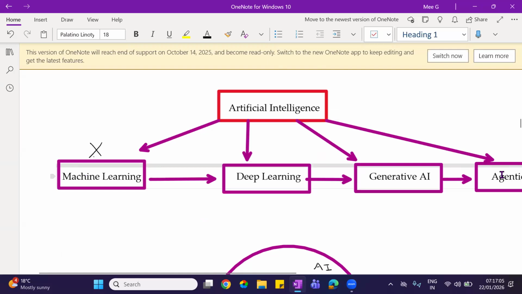Artificial intelligence can be implemented in 4 ways. One is machine learning, through which we can implement artificial intelligence. Second is deep learning. Next is generative AI, then agentic AI. They are all interconnected as well.